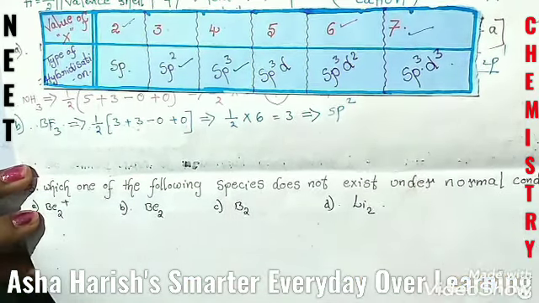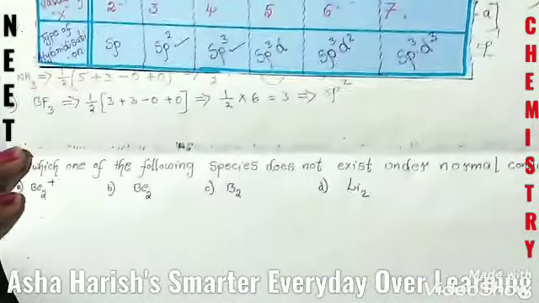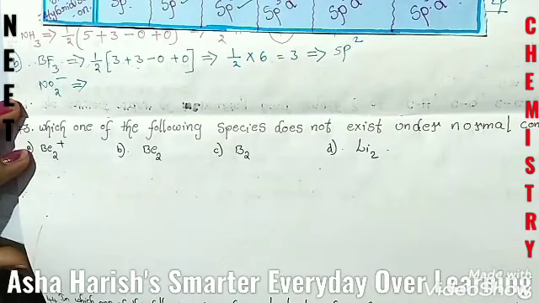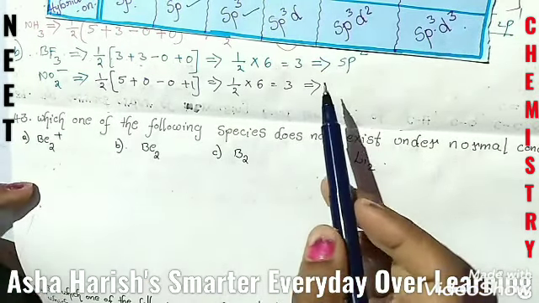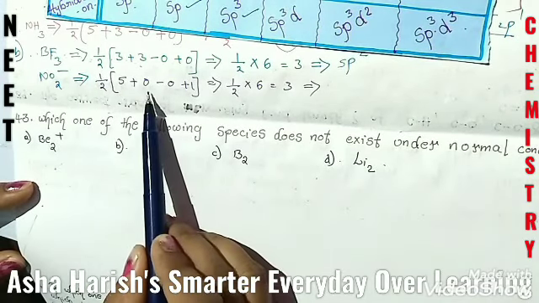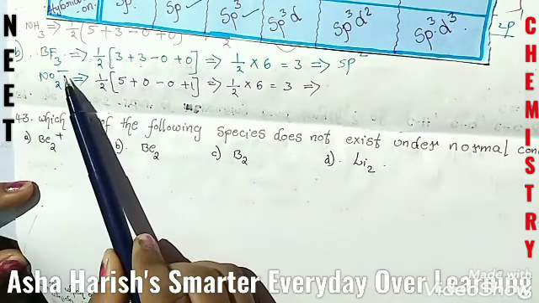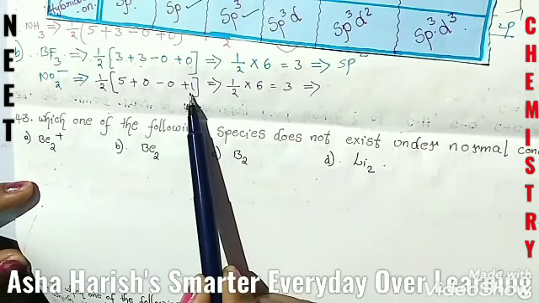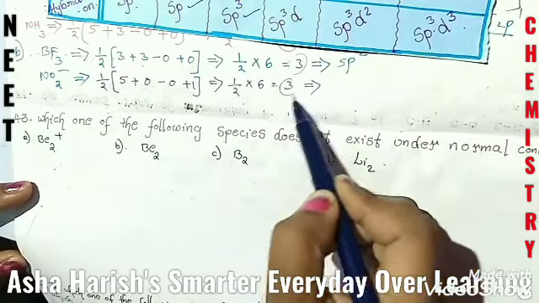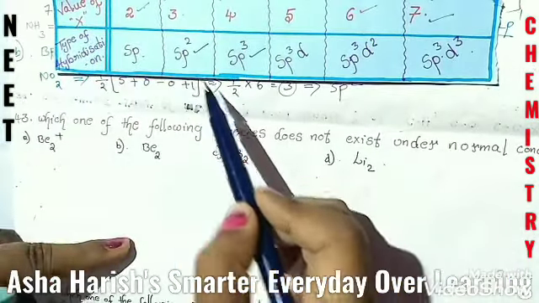Let's do the next one. Next option students, what we have here, NO2 minus. Okay, for this also we can calculate NO2 minus. Here also the central atom is nitrogen students. For nitrogen, based on its electronic configuration, the valence electrons are 5, and 0 monovalent atoms here, and there is no cation, so you can take it as 0, and plus 1 belongs to the anion, and half into 6, that is 3, which means the hybridization should be sp2. Based on this, 3, sp2 hybridization.